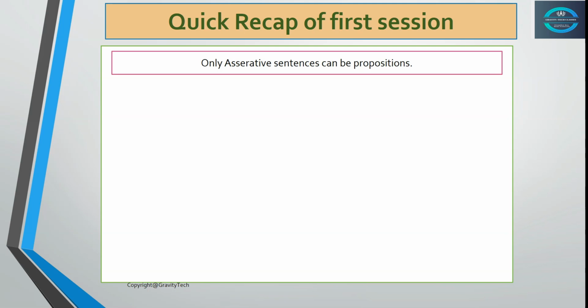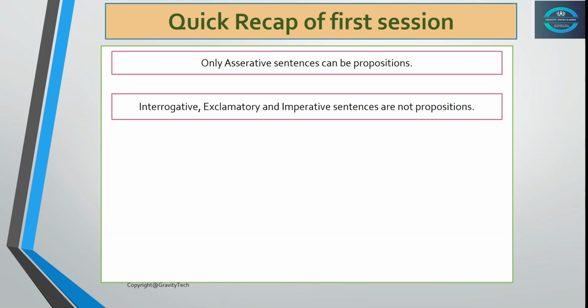Interrogative means question mark. Imperative means a kind of command or request. Stand up, right? Come in, like that. And exclamatory means a kind of exclamation, where you will find the exclamation mark in the sentence. So what does that mean? Interrogative, exclamatory, and imperative sentences are not propositions. Remember, okay? So only assertive sentences propositions होते हैं, बाकी का इंट्रोगेटिव, क्वेश्चन मार्क, एक्सक्लेमेटरी और इंपेरेटिव ये प्रोपोजिशंस नहीं